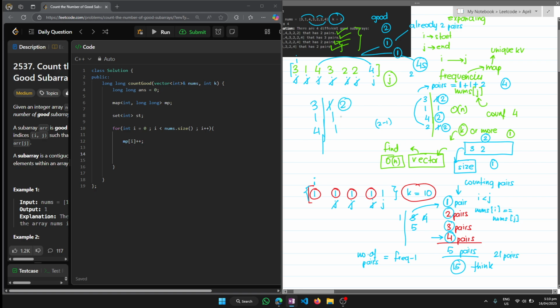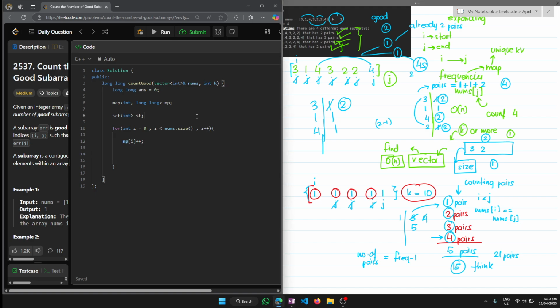As soon as 3's frequency becomes 2, do I need to do something? I need to count the number of pairs. So I can do something like this: int count pairs equals 0, and then I'm going to say over here that, yeah, I'm counting pairs. If